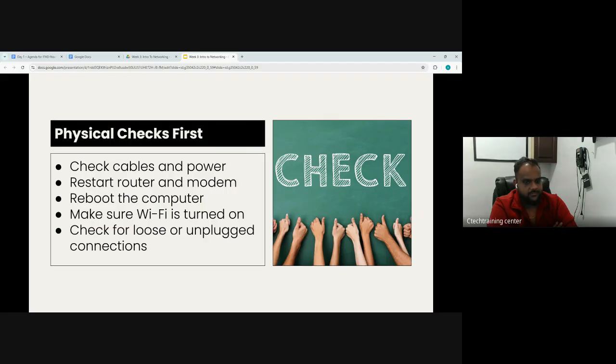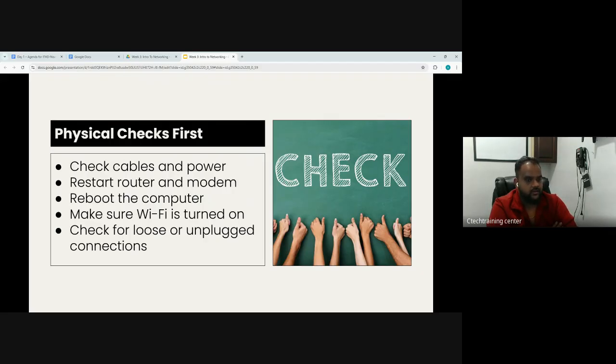That's exactly what happened. And that day I felt so embarrassed, because it was just the physical switch itself. And trust me, a lot of us go through this. The first thing you should check is the physical connection itself. If somebody tells you that the internet is not working, ask them to check: are they connected to Wi-Fi or cable? If it's Wi-Fi, tell them to see if they're actually connected to the internet. Go to the bottom of the screen, click on what network you're connected to, and make sure it's the correct one. Or if they're connected to a wire, tell them to disconnect the cable and connect it back in.